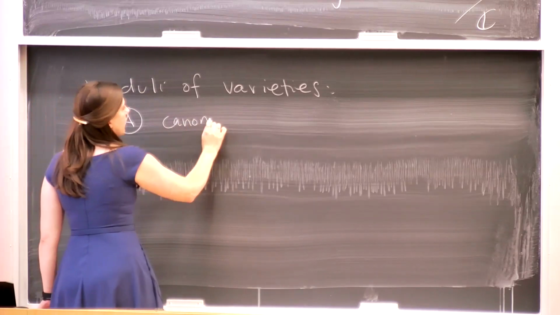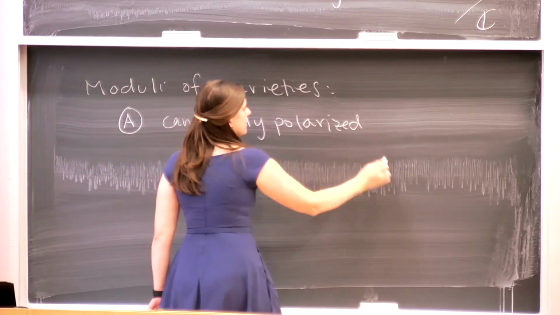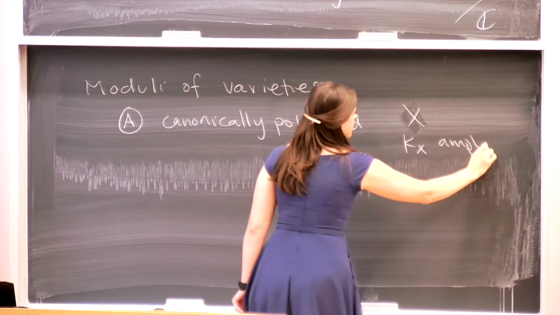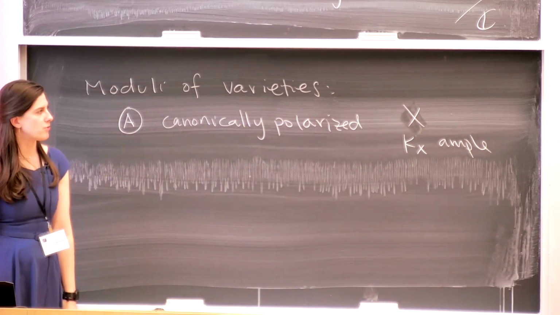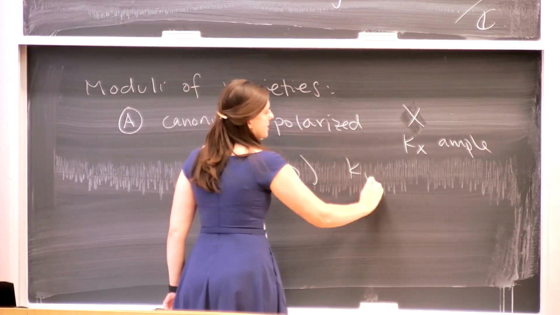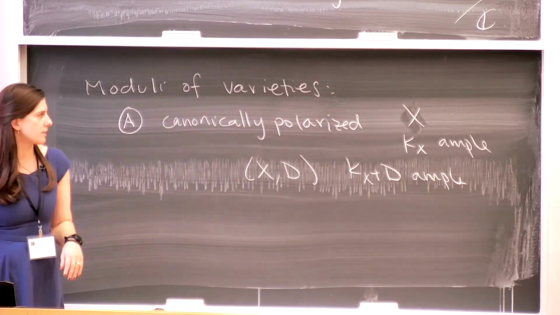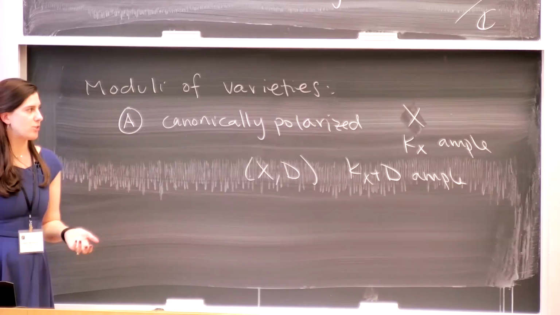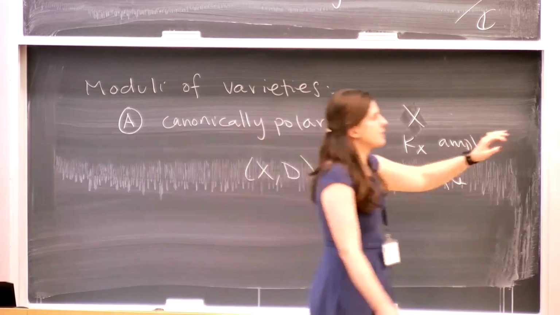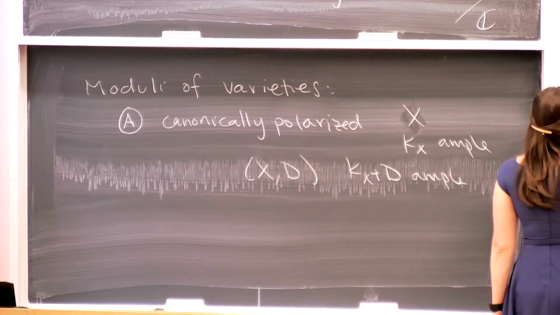We have canonically polarized. So there's some variety X where the canonical divisor is ample. Maybe X is smooth, maybe it's singular. Again, I'll make precise definitions in a minute. You can also do this for pairs (X, D), where K_X plus D is ample. So these are our analogs of higher genus curves or high dimensional surfaces in projective space, or many, many other things. Our next piece, I'm going in some order relevant for the rest of the talk, I think, but we